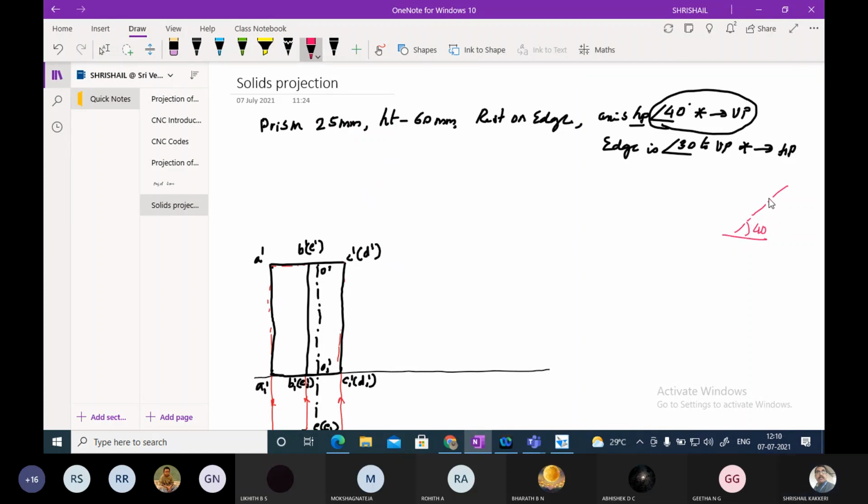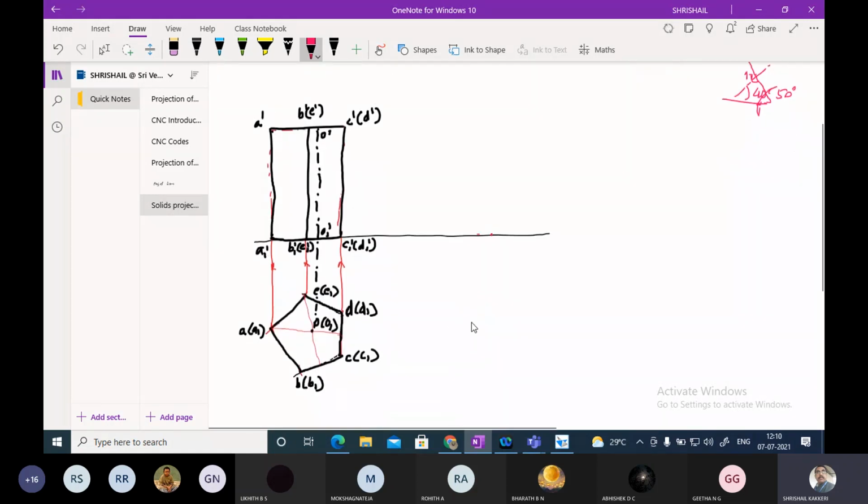Okay. Then this is the base. This will be 90 degree, and this particular angle can be 50 degrees. So what I am doing is I am going to take a suitable point here. Leave some space in between these. Leave some space here, then take one point here, and from here at an angle of 50 degrees you draw this line. Please do not write dotted line. I am writing it to show thin line.